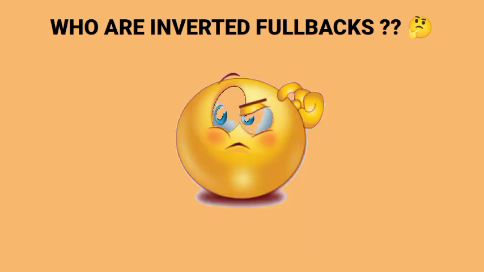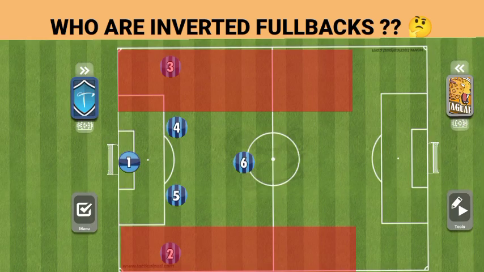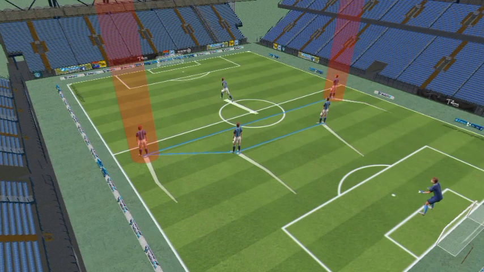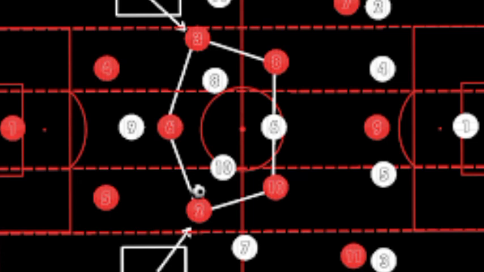Who are inverted fullbacks? Remember what I said earlier. Inverted fullback is a role, not a position. Their job is still to defend the flanks of the field, and provide support when the team is attacking. However, the signature movement that they employ is that they move centrally into the field, and occupy a position alongside the deep-lying midfielder. The reason behind this movement is to create a midfield overload. Their main task remains the same, but with an additional task of providing larger numbers in midfield positions, and assisting with